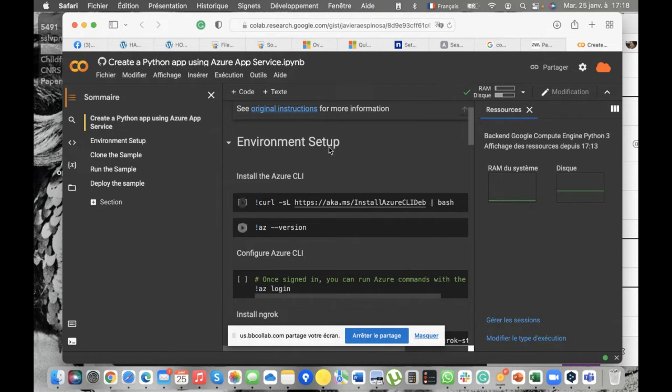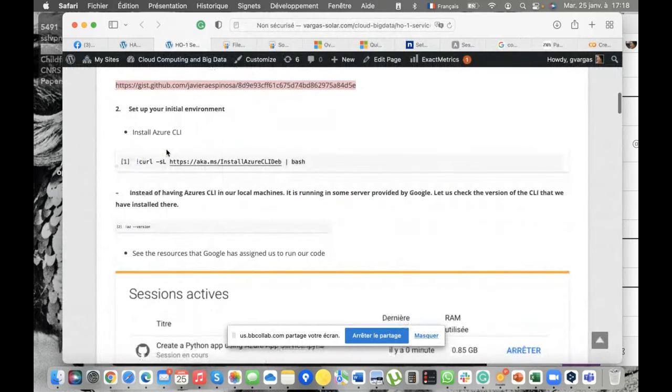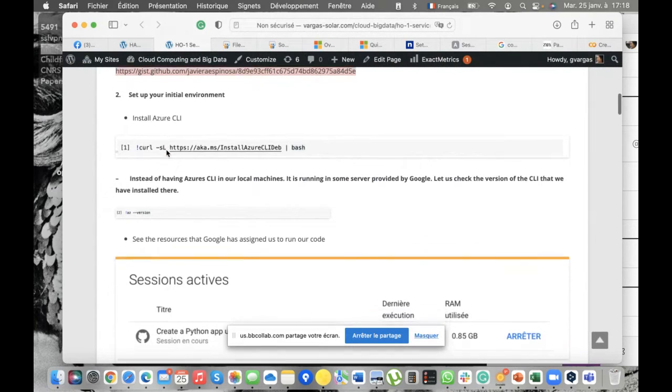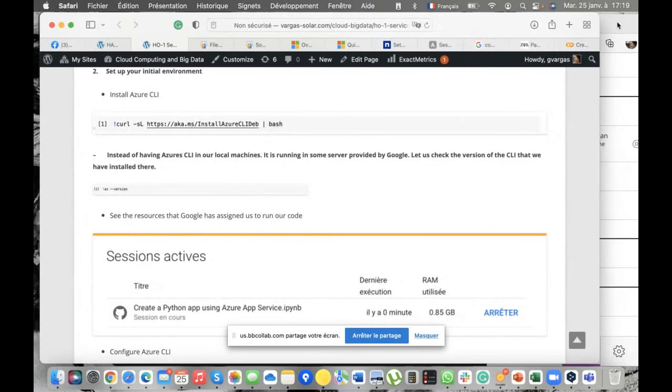So if you are not acquainted with Python, I mean, I don't know if you're taking notes, but there are a lot of explanations in the site. Okay, so for example, instead of having Azure CLI on local machines, this is running in some server provided by Google, and we are going to check out the version. Okay, so